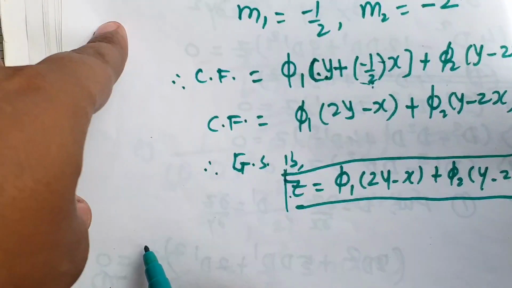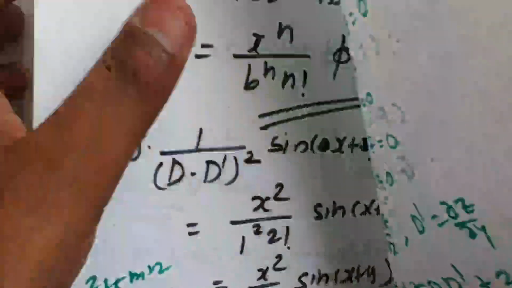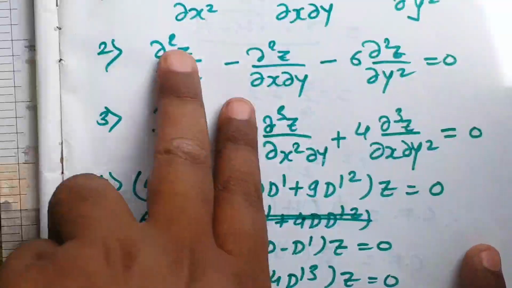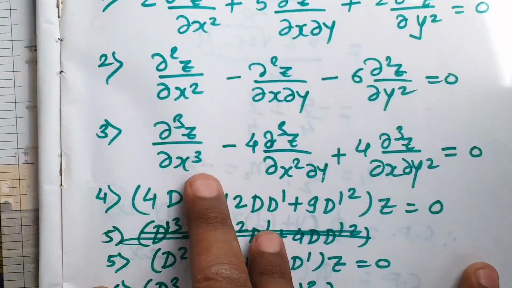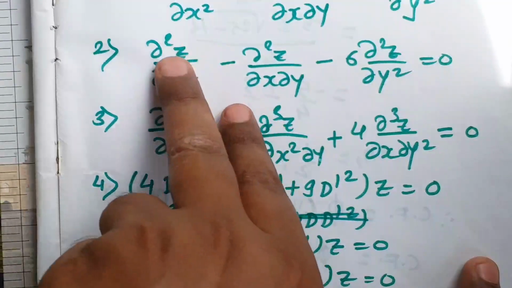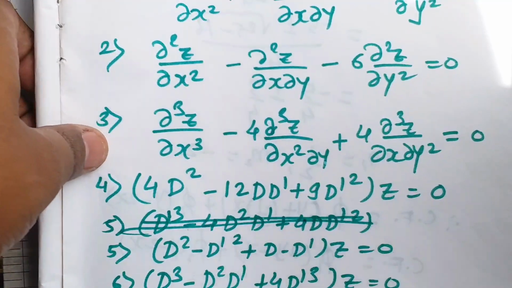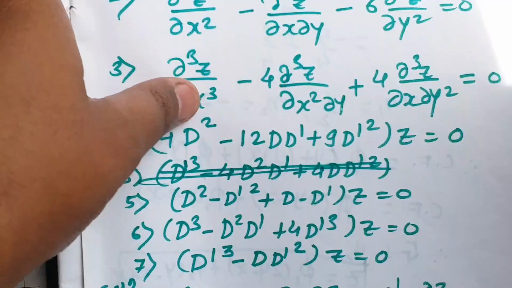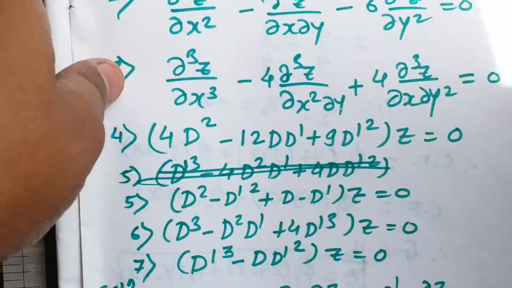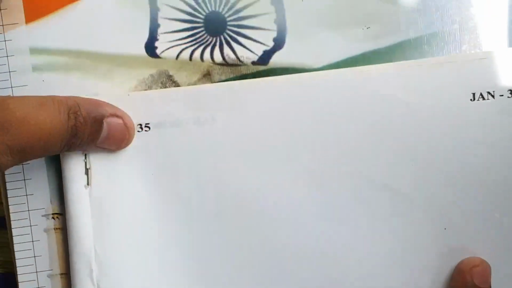Okay, now another problem we'll do. This is also a second order differential equation. This is third order. We'll do the third order. Second, this you can do. Okay, practice it. So let us do example number 3. Here we have del 3 by del x cube, third order differential equation. So we'll get a third order polynomial there, right? 3 roots we need to calculate for this example.